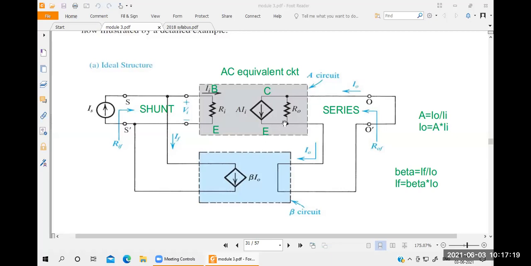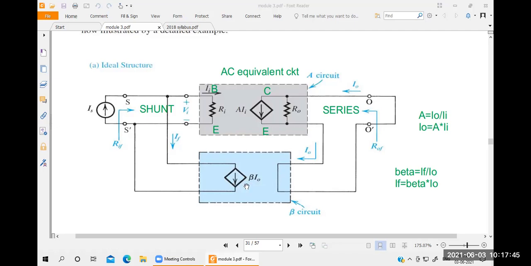This is the current source, then multiplied by the output resistance, because these are in parallel form, current and resistance in parallel here. So the output will again be current. Then the output of the current is going to be the input of the feedback. The output of the feedback is again current, because the current source here is beta into I naught. So IF is equal to beta into I naught. Understood?